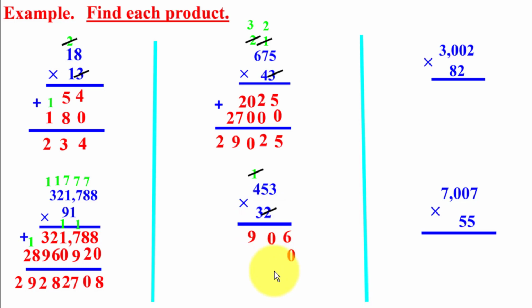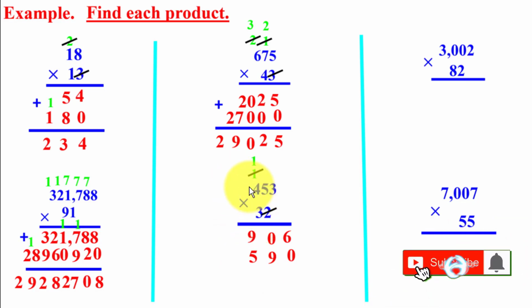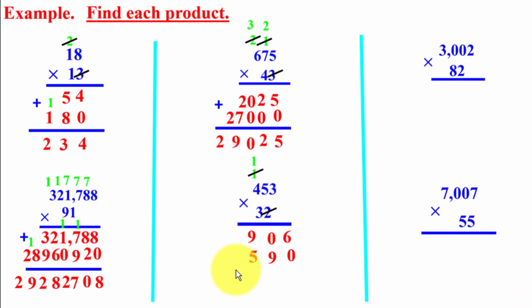3 times 3 equals 9. 3 times 5 equals 15. Write 5 and keep 1 up. 3 times 4 equals 12. 12 plus 1 equals 13. Write 13 and write a line and add the two partial products. It's easy. 6 plus 0 equals 6. 0 plus 9 equals 9. 9 plus 5 equals 14. Write 4 and carry 1 over 3, it will be 4, and bring down 1. So the product here is a 5-digit number,